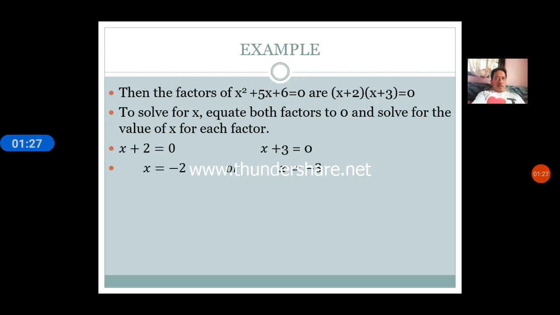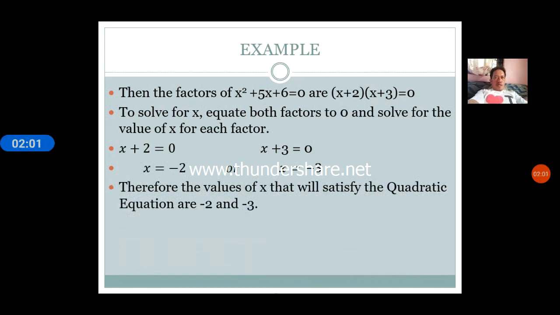So take note that the change in the sign of the term only applies if the term is transferred to the other side. But if you just transfer it within the same side, then the sign should remain. Okay, so therefore the value of x that will satisfy